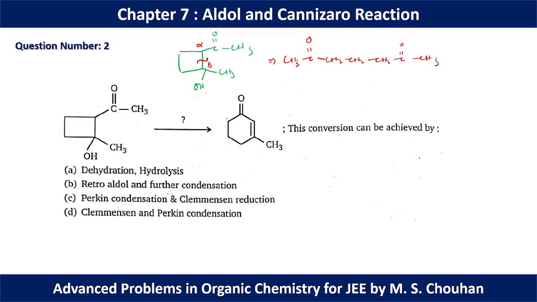CH3. Okay, now we have a 6-member ring, so we can start with the negative charge on this position and approach this carbon. So we have a 1 2 3 4 5 6 member ring, so OH minus can abstract alpha hydrogen from this position and approach this position to have the final product. Okay, so the final product is going to be this one. So in this case we have performed initially the retroaldol to get the starting material, and further aldol condensation will give the final product. So for question number 2 option B should be the correct option.